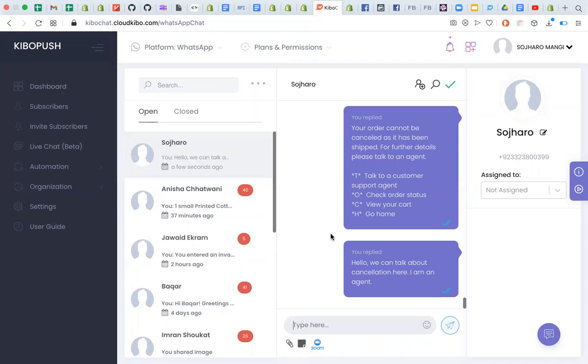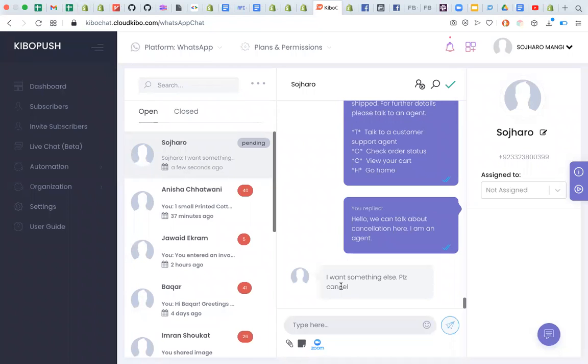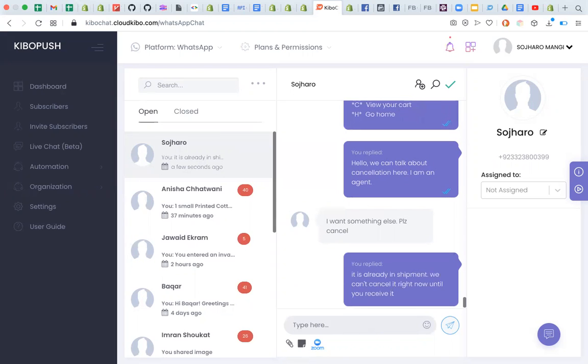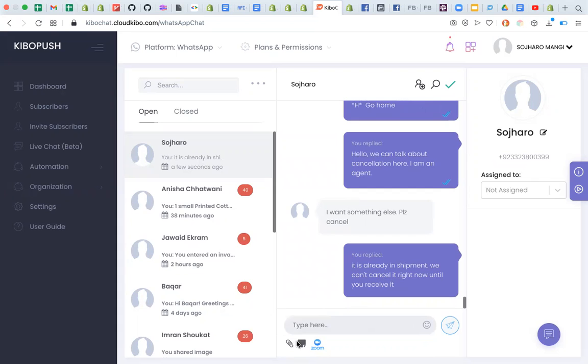So the customer said please cancel my order, I want something else, and now the agent can say it is already in shipment, we can't cancel it right now until you receive it.